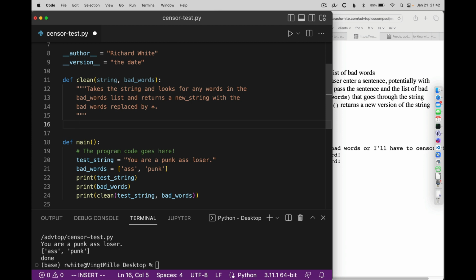So let's take a look at this function clean now. It's supposed to take the string and look for any words in the bad words list. There are things that we can do. There's a replace statement in Python that we could use, but because this class is going to be using loops